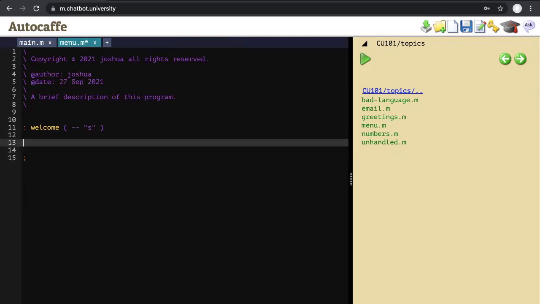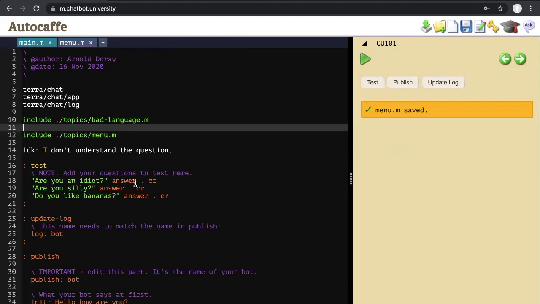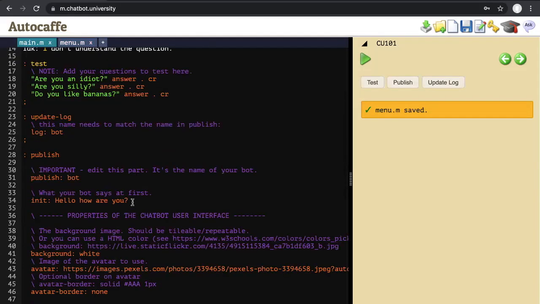You can do it this way, or you can do it in your init as well. That's also fine. I'm going to do it this way because it's easier to edit. So you can do something like, hello, select, something like maybe data collection, or